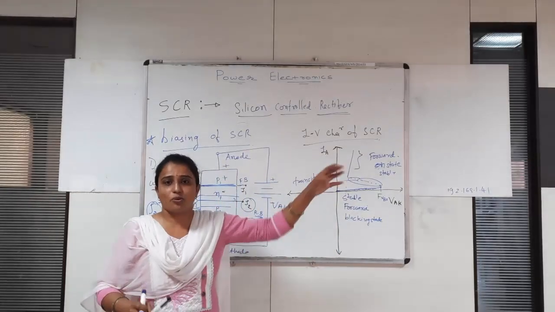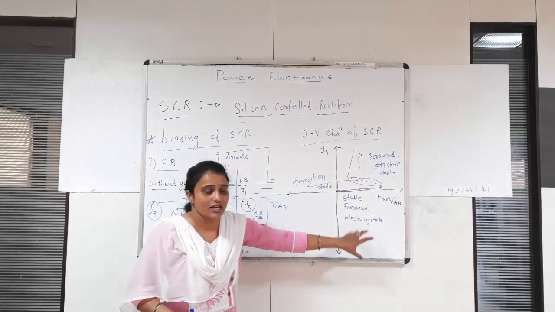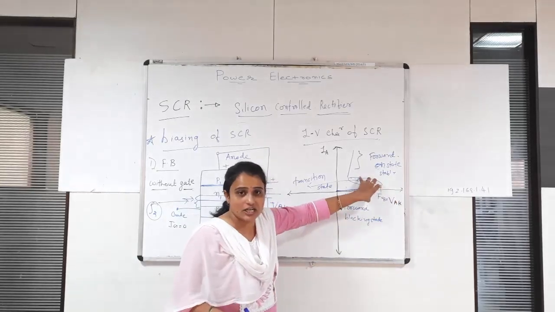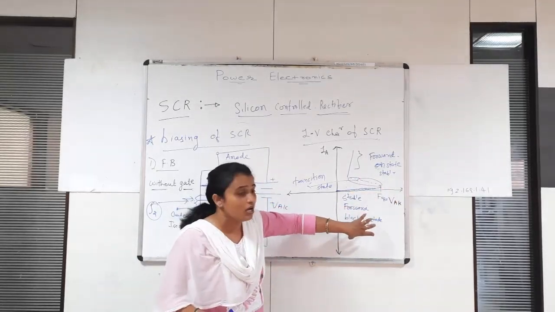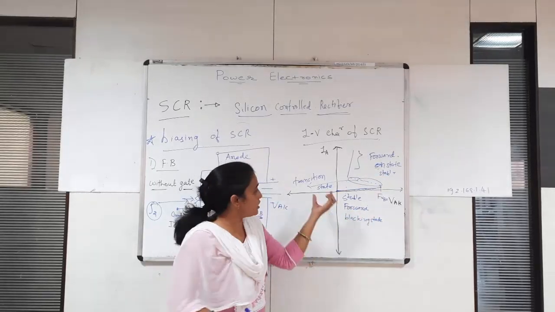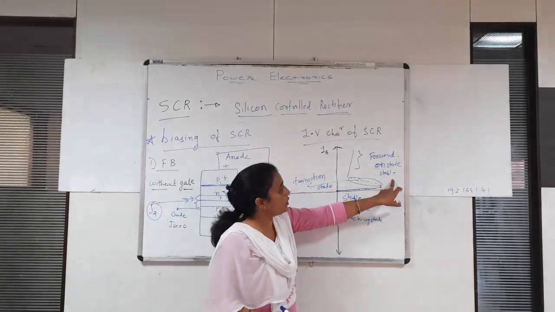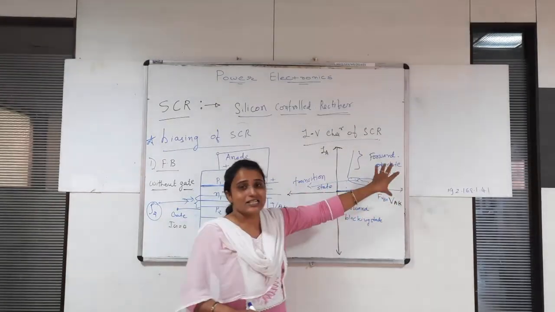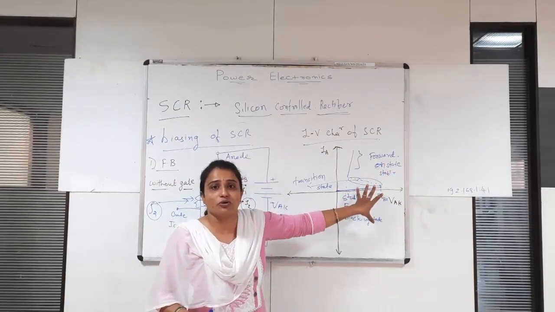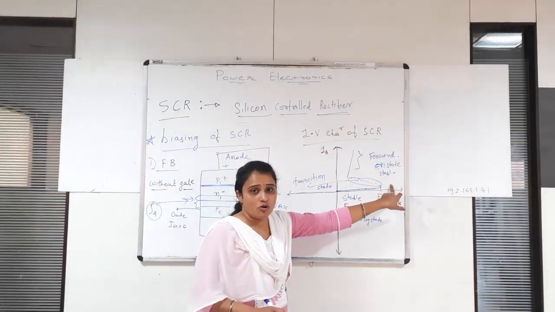So these are the modes of operation. First, your SCR operates in the forward blocking state. Second is the transition state, because it works from the off state to the on state. So conversion from off to on is known as the transition state. This is the second mode of operation. And the third mode of operation is the forward on state. In this condition, a high amount of current is flowing and SCR is turned on. Okay, so this one is the forward on state.